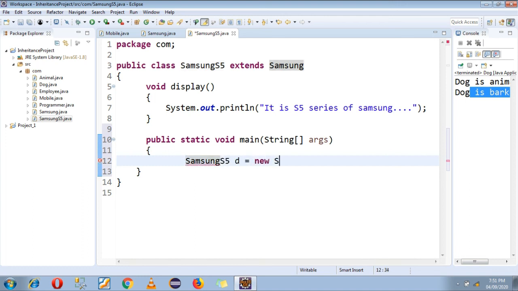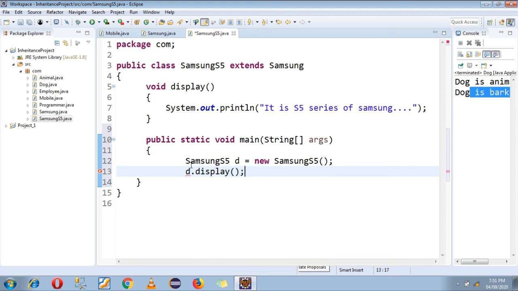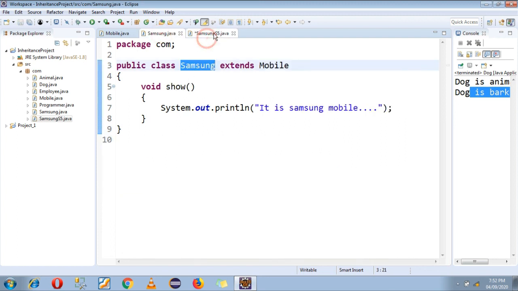Now you have to just call one by one all the functions. Like display, this function belongs to your super child class, that is nothing but the Samsung S5 class. Then d.show, this function belongs to the Samsung class, that is nothing but the child class.